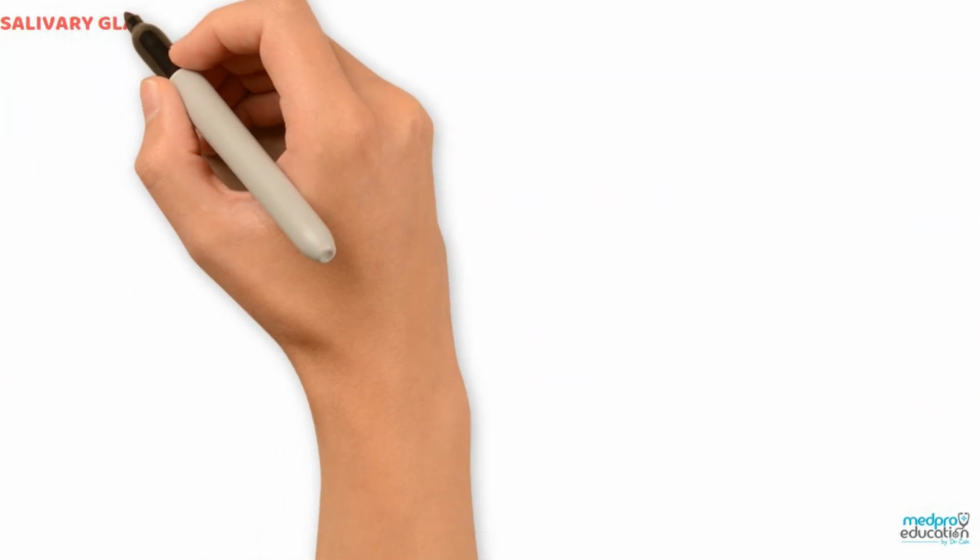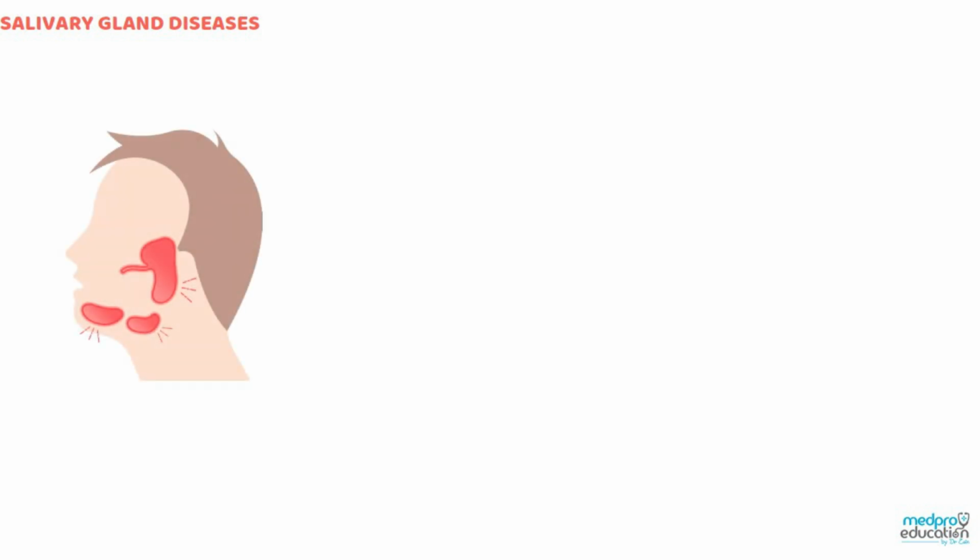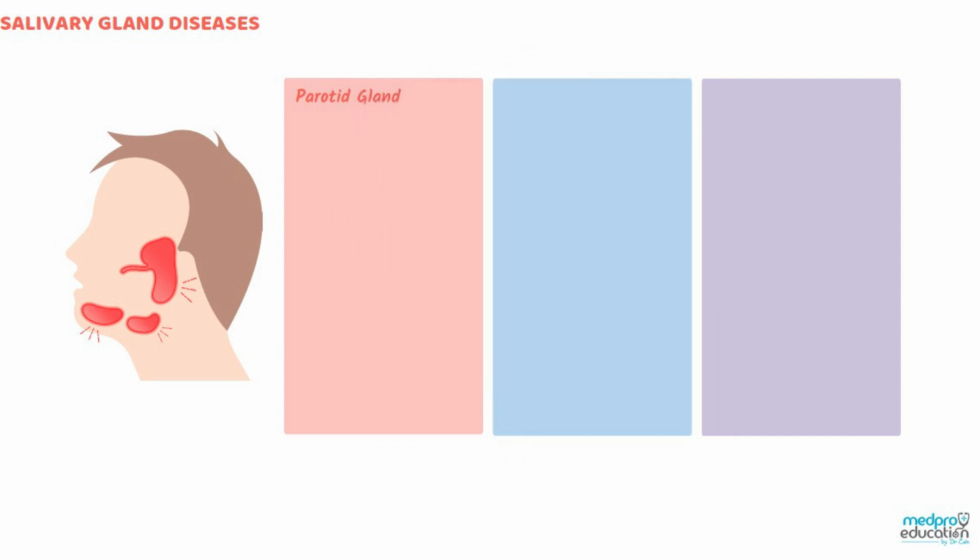Now, let's apply the same framework to salivary gland diseases. We have three major salivary glands, each with unique features. Parotid gland, the largest gland located in front of the ear. It produces serous, watery secretions and is pierced by the facial nerve, an important clinical landmark during surgery or in